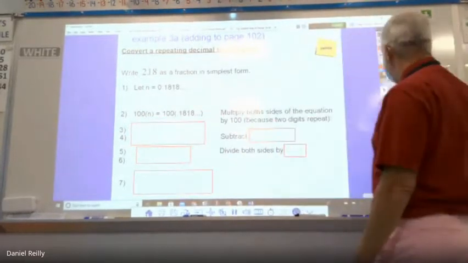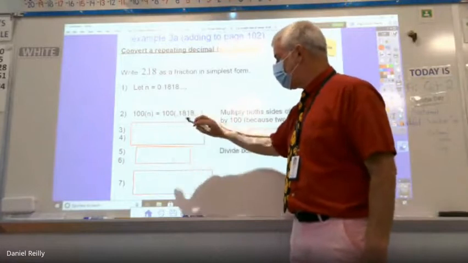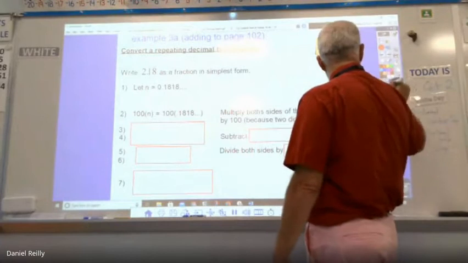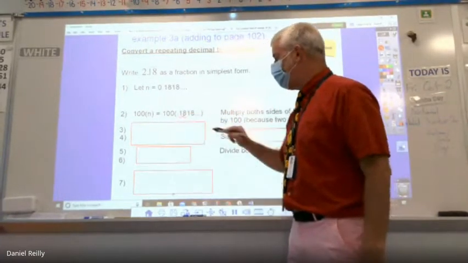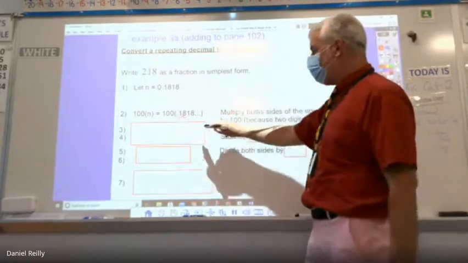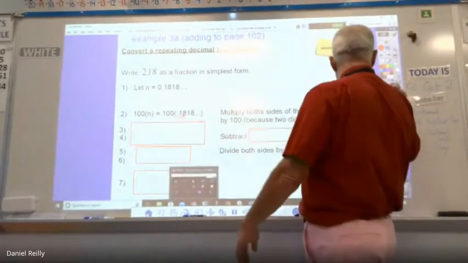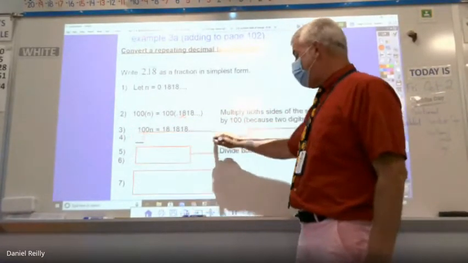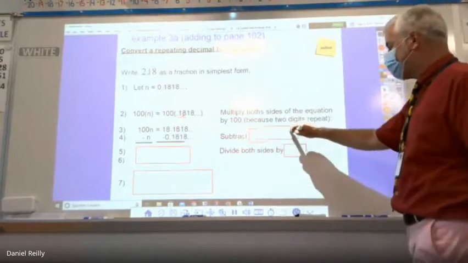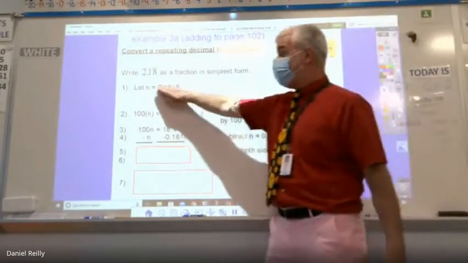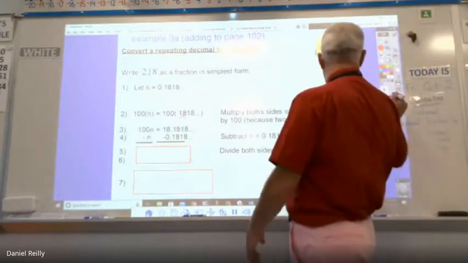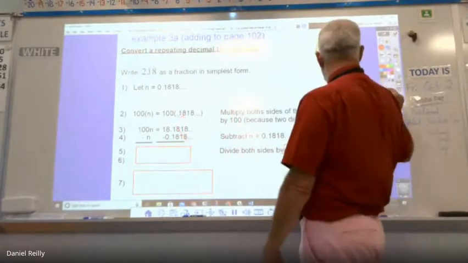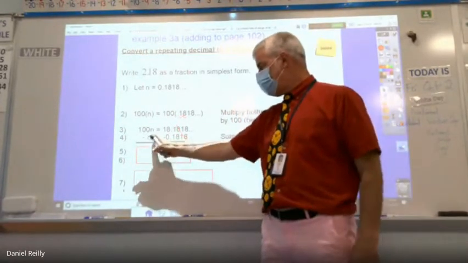And that makes this do this, right? The decimal point moves 2 places, and I get 18.18181818 equals 100n. Now subtract n from both sides. And n, which is the same as 0.18 repeating, lets me get rid of this repeating part. And I'm left with 99 n's equals 18,